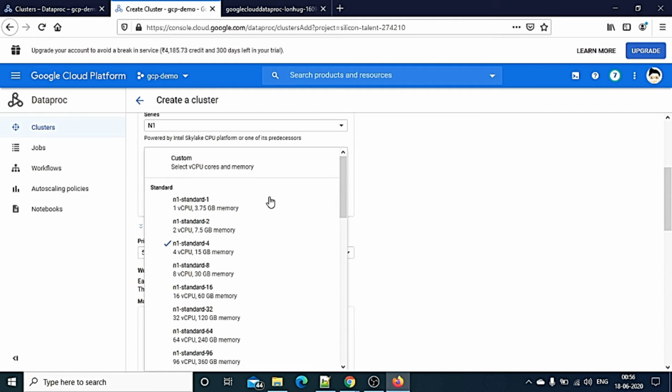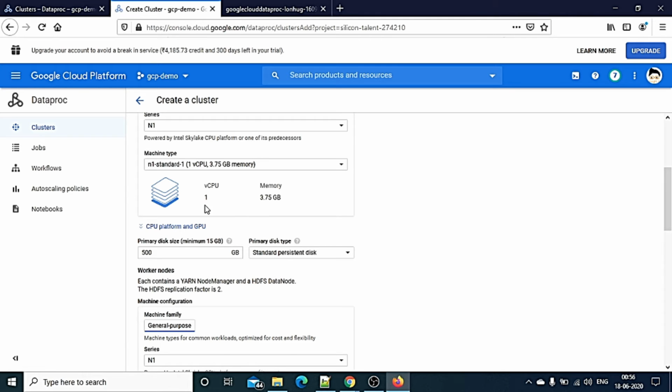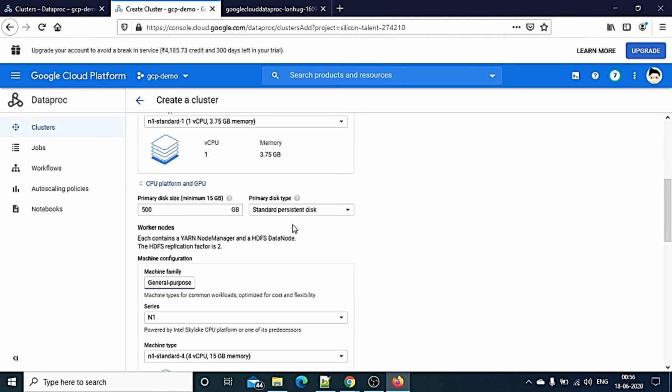And this is the configuration. So I am selecting a very basic one. You can see N1 standard, 1 core, 3.75 GB memory. It's okay. I can select this one. So this is just a basic configuration, but if you wanted to create something higher end, you can do that, but I'm just giving a heads up on the simple demo. So you can click here.